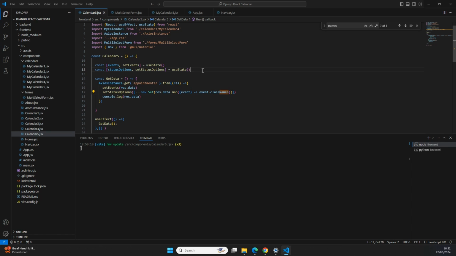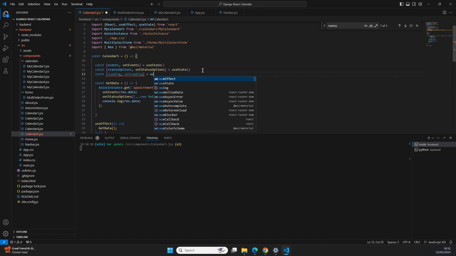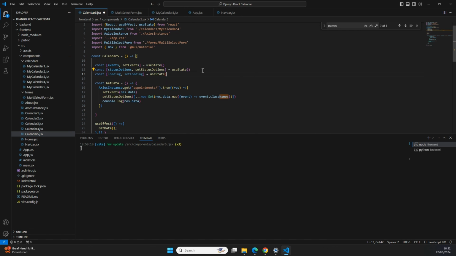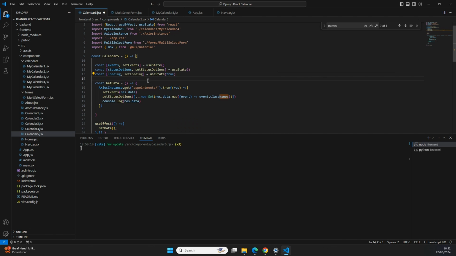So what we can do is we can simply put in a constant, and we're going to call this one loading and the other one set loading. And by default, we can define this as use state. And in here, our default value is going to be equal to true,